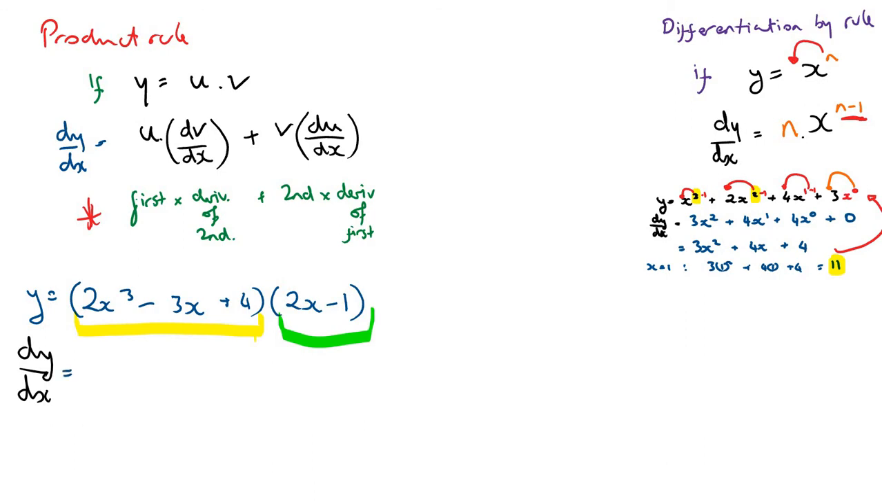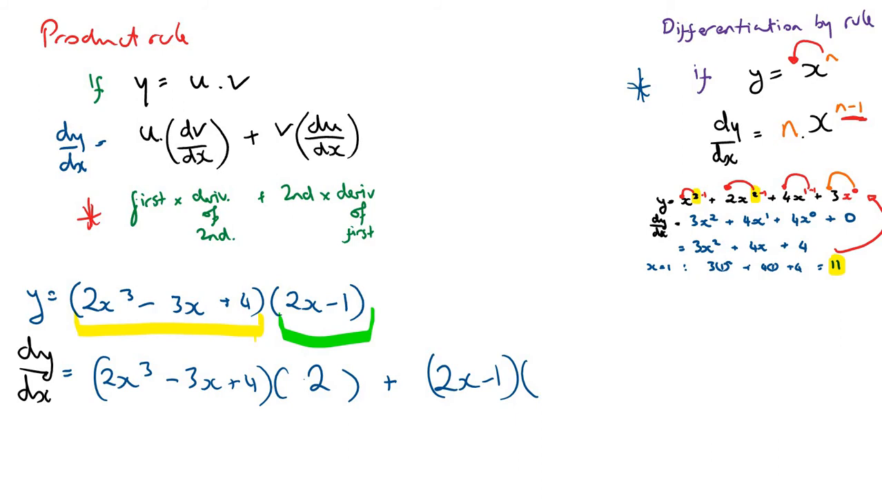Our dy dx is going to be the first, which is 2x cubed minus 3x plus 4, times the derivative of the second function. Well, the derivative of this green function here is just 2. The derivative of minus 1 is just 0, if we follow the rules up here. So that is the first by the derivative of the second. Now what I need to do then is add on the second function, which is 2x minus 1,